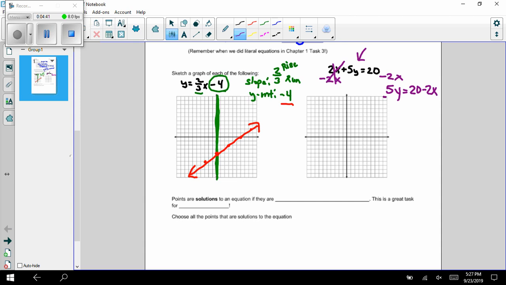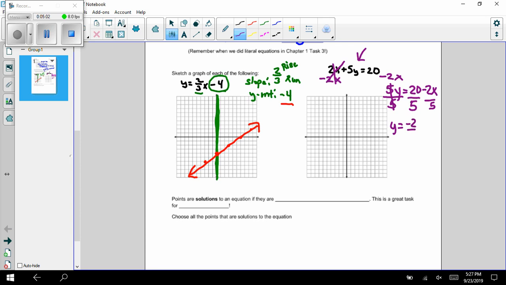The opposite of multiply is divide, which cancels. What I do to one side, I have to do to everything on the other side. So I'm going to rewrite y equals. It's probably best to put this guy up front because we want our slope in the front area here. So I'm just going to rewrite